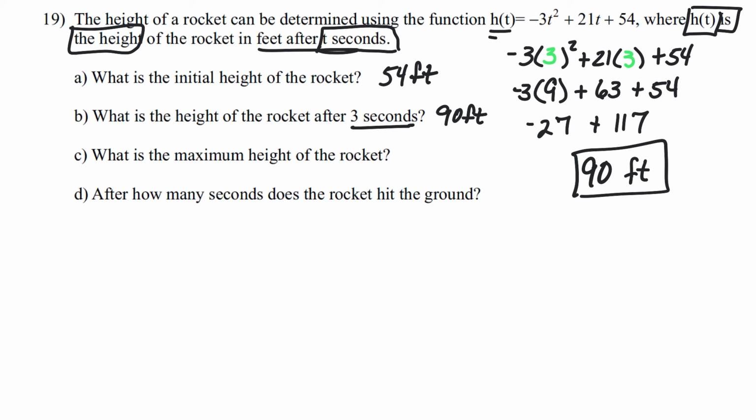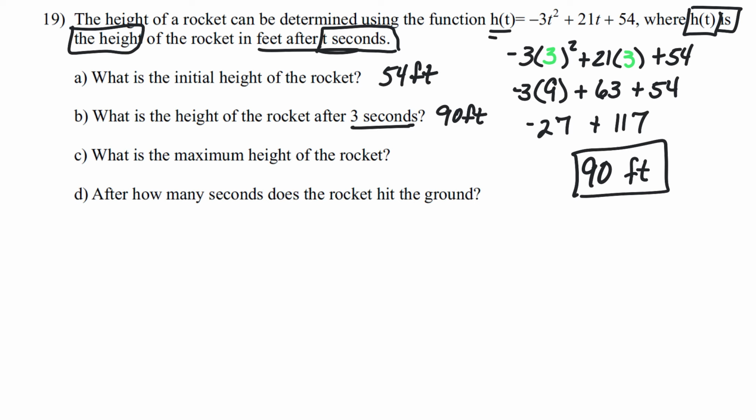Well, our rocket's going to take off. We have no idea how long it's in the air. We know at 3 seconds. We don't know if 3 seconds is past the vertex or in front of the vertex or what it is, but we know that that's all the information we have. We also know that it starts at 54. So what we're going to do is find the